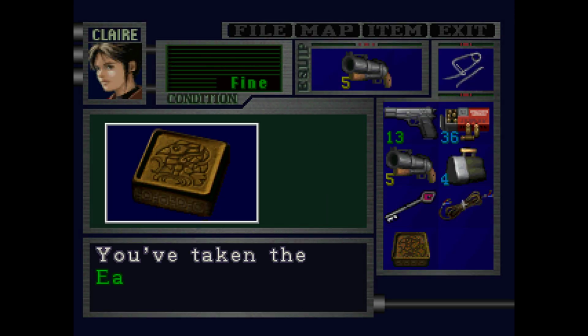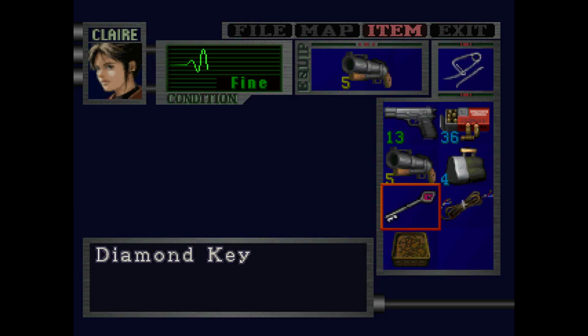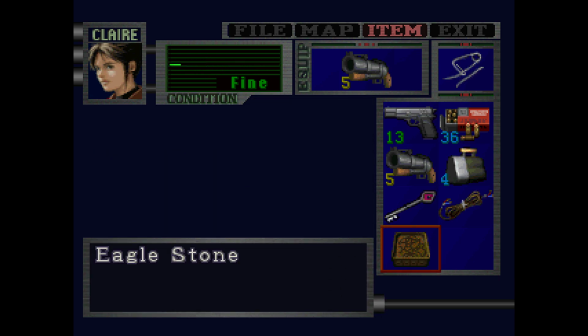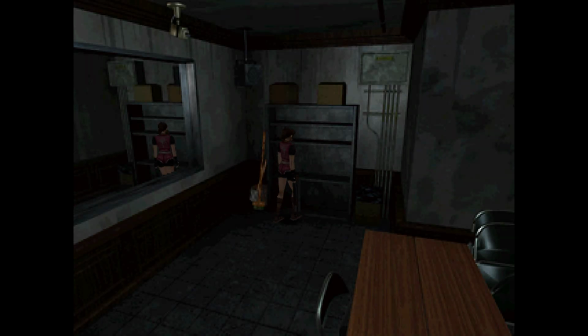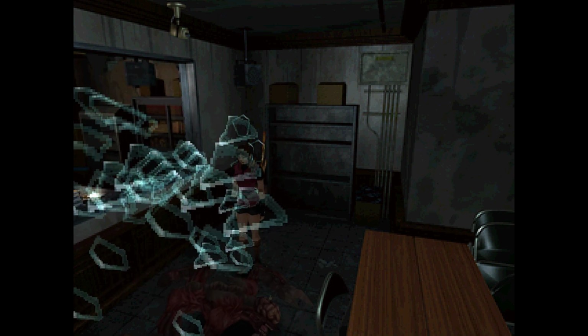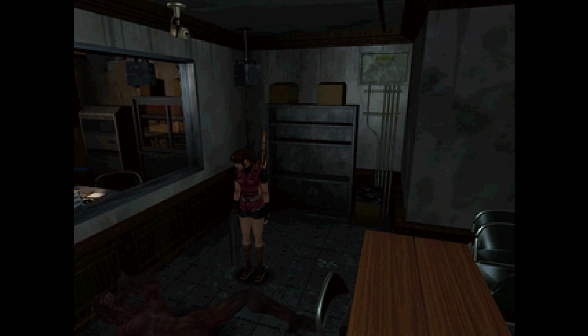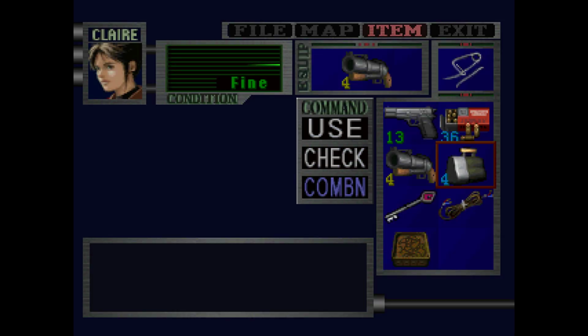Will you take the eagle stone? Yes. A 6-inch stone with an eagle etched. Nice. So 2.5 stones. Shit. That's a good jump scare. So that's the ironic thing I was talking about, is how in the world...